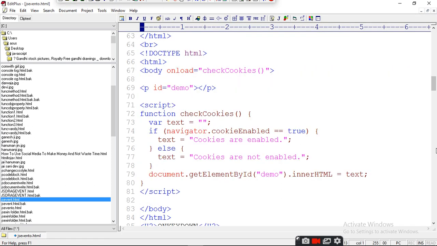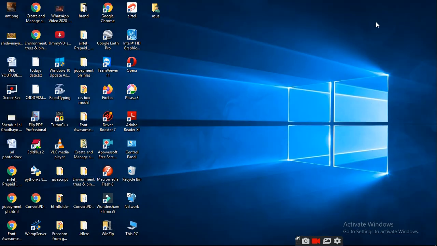Now next is onload, check the cookies. If you want to check the cookies, then onload it will get the cookies and give the value. But we are not working on an internet site, so come here and do it.